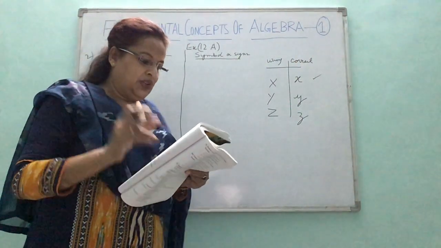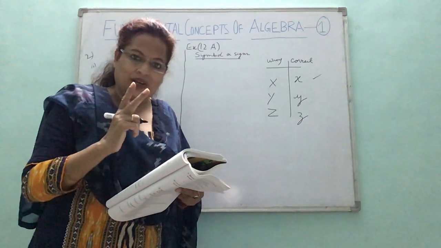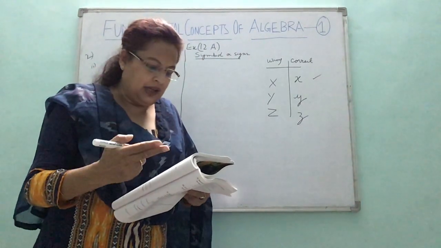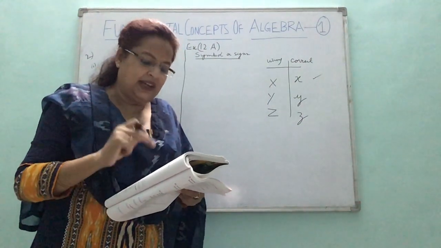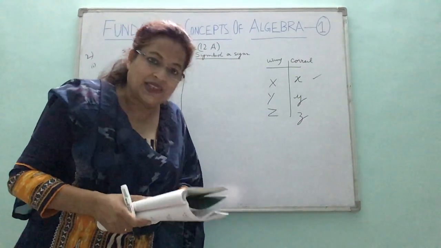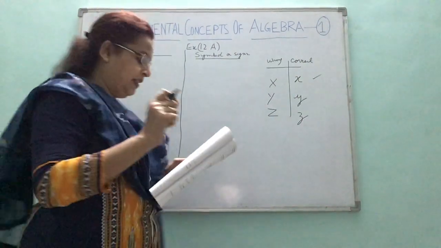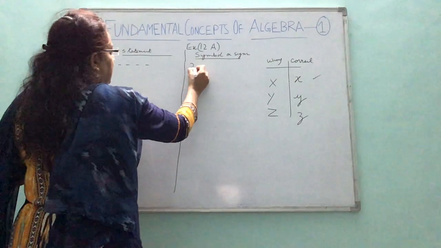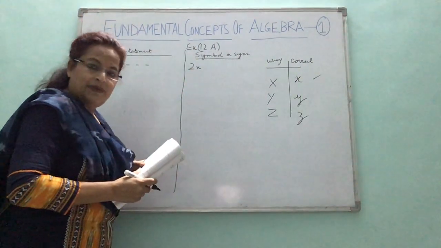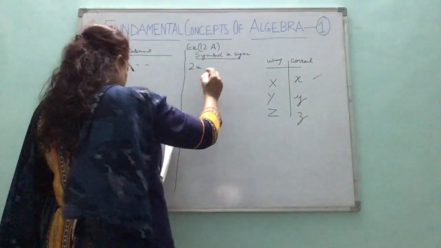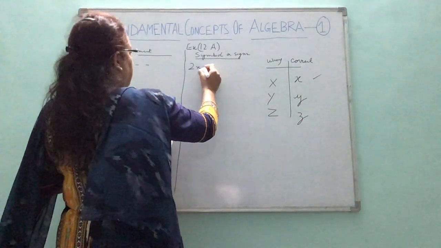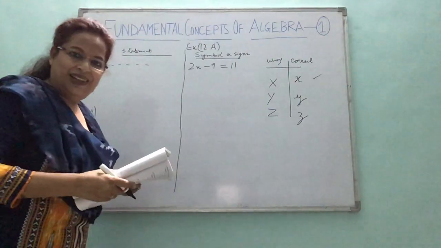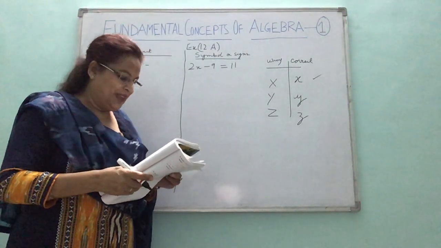So second one, twice x, decreased by how much? Twice x decreased by 9 gives 11. So this is the question, twice x, decreased by 9, minus 9, gives 11, is equal to 11. This would be your answer. Fourth one,